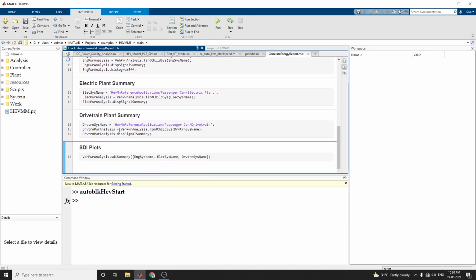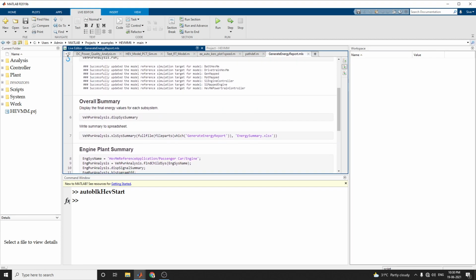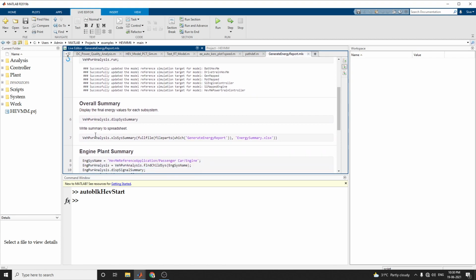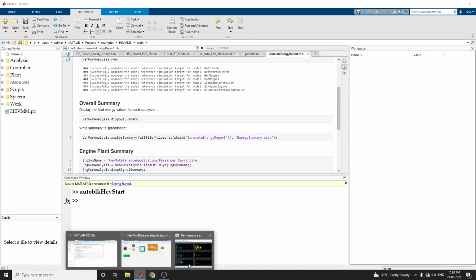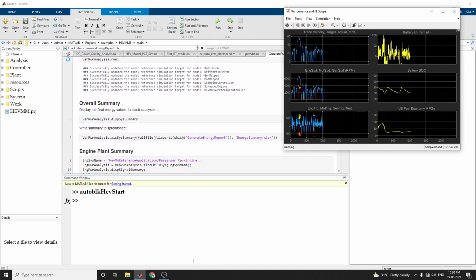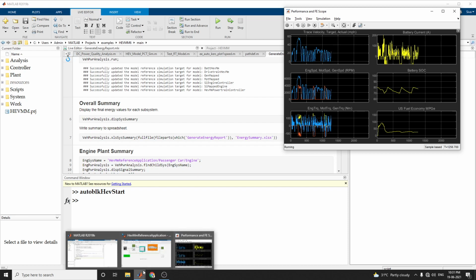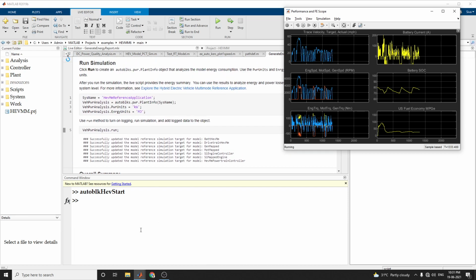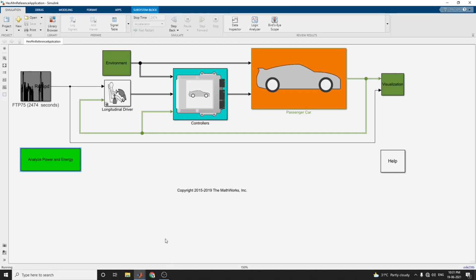We have to wait until we get the overall summary. Now the normal one, performance and FE scope, like the previous first video showed. Only we have to get this MATLAB live script by clicking this green block, the analyze power and energy block.